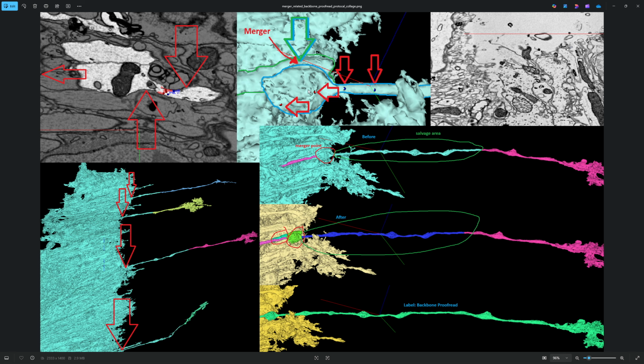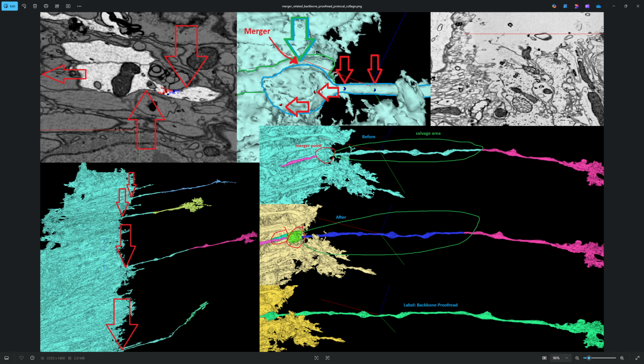And the idea, even though this is part of your cell, is to eliminate vectors for connections with the merged area. So as you can see, this red arrow is pointing to where the merger is located. But if you try to split this from this, sometimes it doesn't work out. So this is a way to circumvent